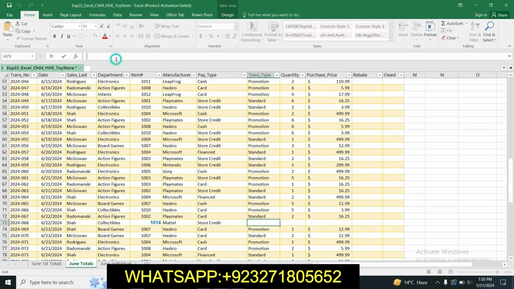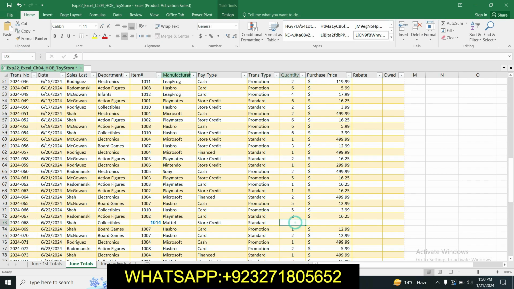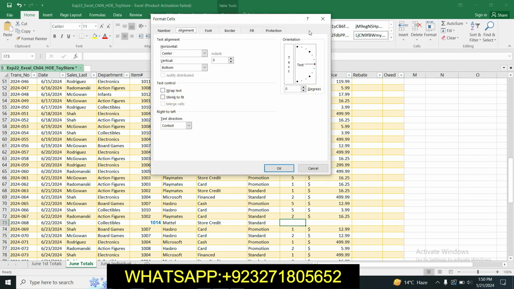Transaction type is standard. Quantity is 4. Purchase price is